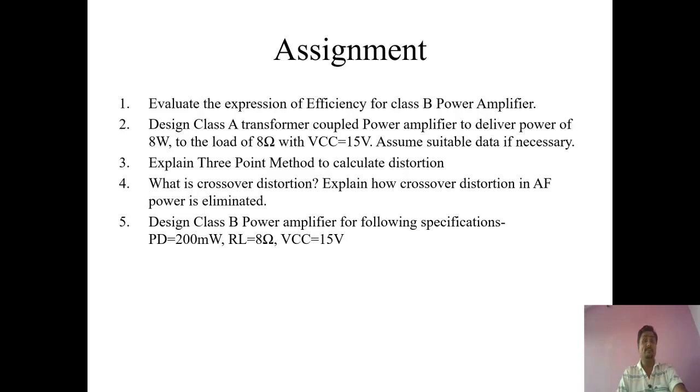Our HOD told us to provide study material. So these video lectures are study material, and the slides are study material for you. But it's not like you are doing a self-study of power amplifiers. I taught you power amplifiers. So your contribution is quite less, but still